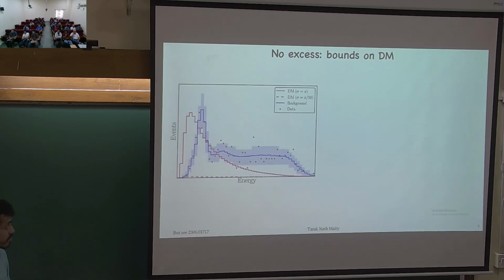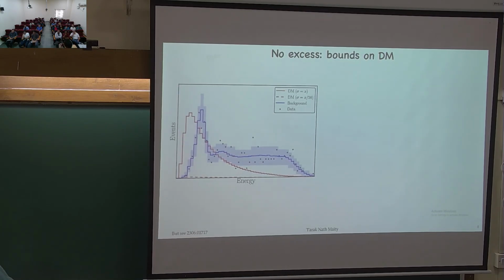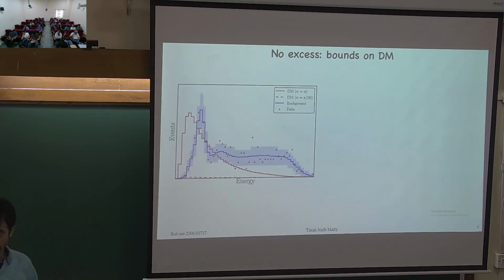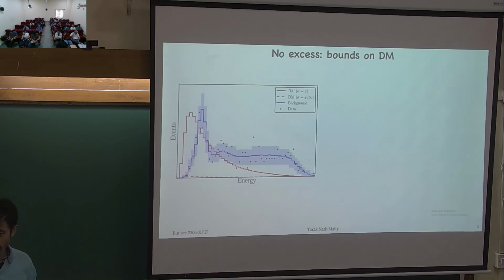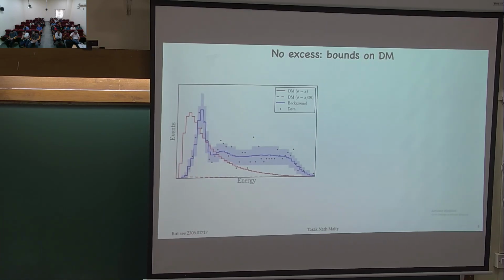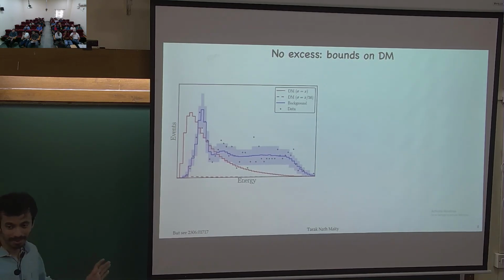Okay. Now all these black points that you can see over here are the observed number of events in your experiment, and the blue solid line is, let's say, the expectation from the background, with the shaded region being the uncertainty in the background measurement. This is after all spurious excesses were resolved. This is after separating out. The resolution of excesses has not been done for all of them.